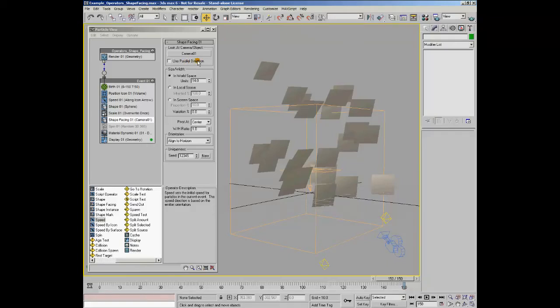is use parallel direction. And as I said, each particle will orient itself towards the camera by rotating on all three axes. If, however, you want your particles to face the target and yet to stay parallel with each other, you can